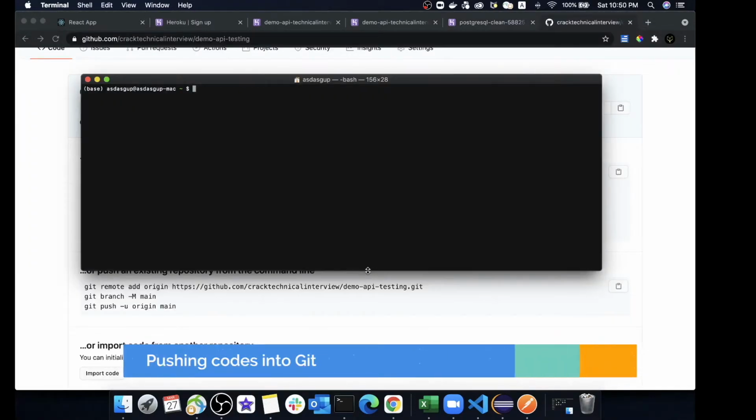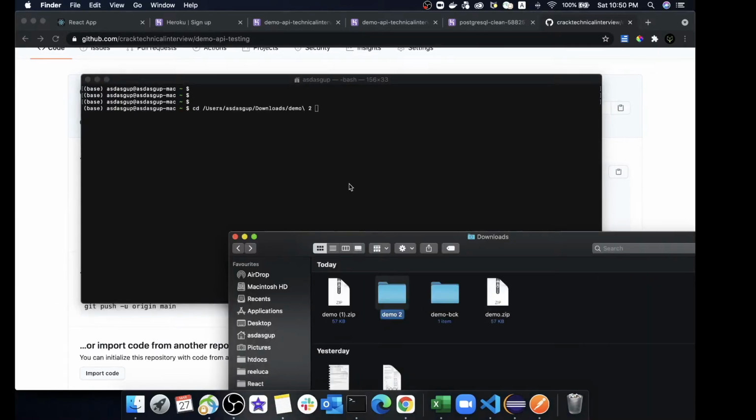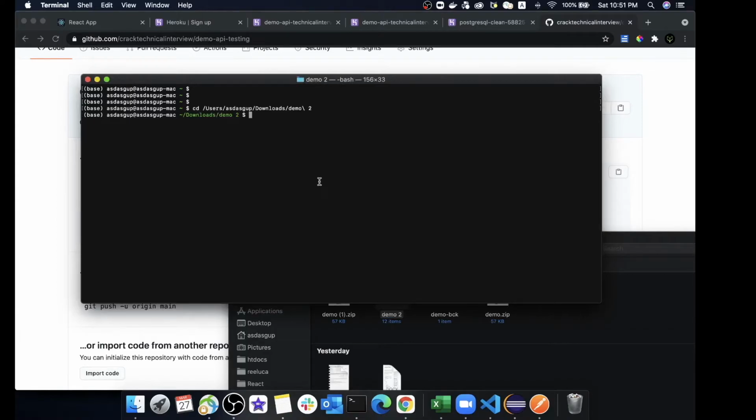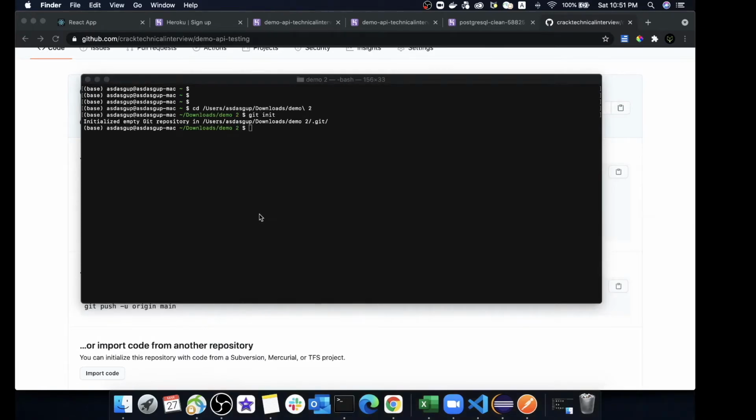Since I am using a Mac, I will be going with the terminal for uploading my code to the GitHub server. But if you want, you can use the GitHub CLI that is easily available on the internet. So let's start with committing the data to our GitHub. We'll first go to our folder where we have all the code, and let's first do a git init. I hope you are familiar with git, otherwise feel free to follow me accordingly.